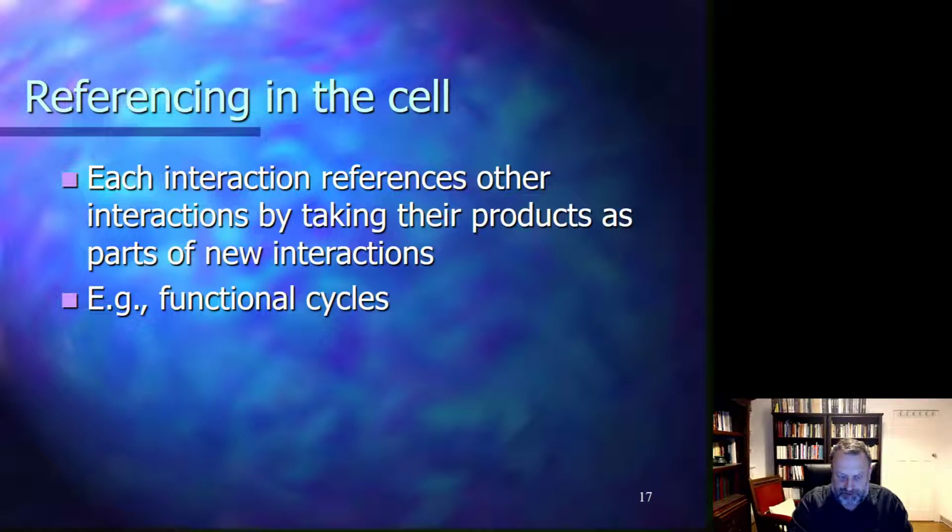So, how might referencing work? Well, given that the molecular interactions depend on the availability of molecules that are required for the interactions, and all these other molecules, particularly proteins, which are the major players in these interactions, are the products of other molecular interactions, we can see the involvement of these proteins in these interactions as a reference to the interactions which generated these proteins. So, for example, in the functional cycles, the example that I showed you earlier, you have many enzymes participating at all of these